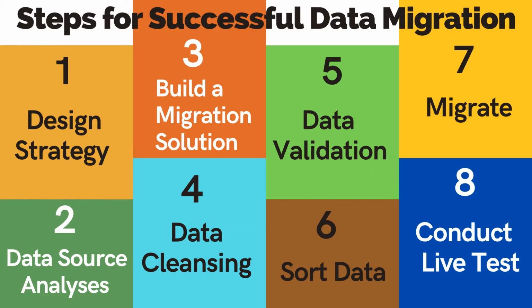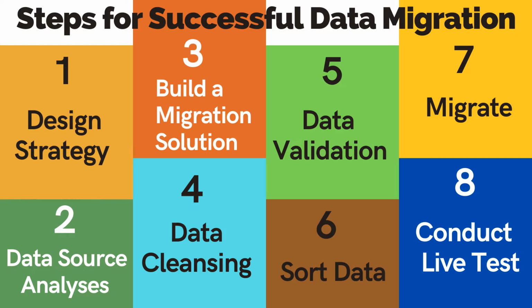Third step is to build a migration solution. Since data migration is a one-time and large activity, it's crucial to get it right. A common tactic is to break the data into subsets and build out one category at a time, followed by a test. Step 4 is to collect and cleanse data. This step involves removing data which is not required, compressing the remaining content, and converting data into the desired format. Step 5 is data validation. This step involves reviewing the execution process. Assess the data rules and check if they are working the way they are supposed to, and watch for any exceptions in your data flow.